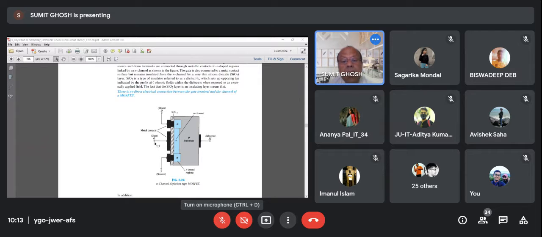Okay, and this gate is on the input side. So you can say that the gate is insulated from the semiconductor because this is a very high impedance path. So this is one thing to note. And the drain and the source, these are ohmic contacts. Ohmic contacts means metallic contacts, but these are not part of the three layers. The three layers are the gate, oxide and semiconductor. You cannot say the drain is one of them. You see, there is a connection between this terminal and the inside of the semiconductor by this metallic ohmic contact. Okay, this is the conductive part. So there is no separation by the insulator at this point or at this point.